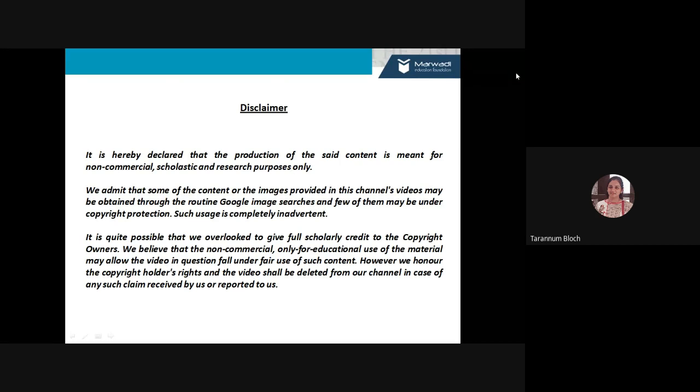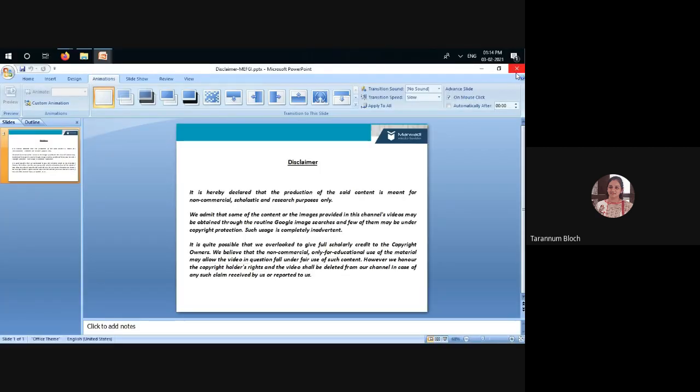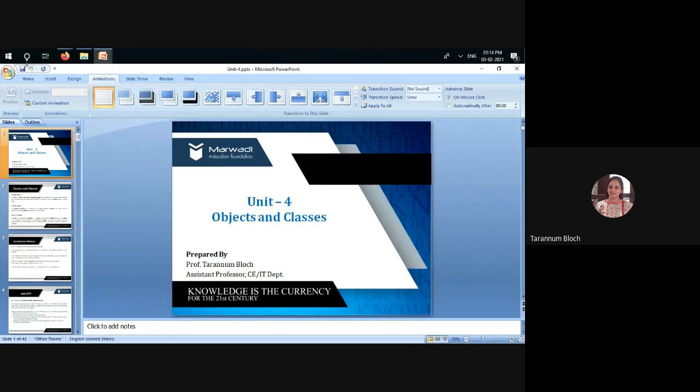So such properties can be given as a blueprint, a format or template for all other objects belonging to the same class. And we say that an instance of a class is an object and all the objects share the same property. Who shares the property? Objects which belong to the same class share the same property. So all these were the discussion we went through last time.